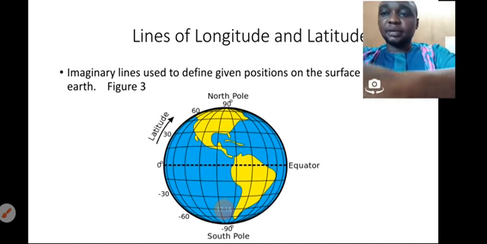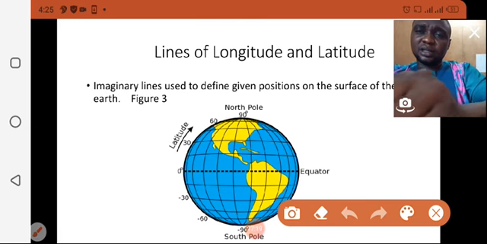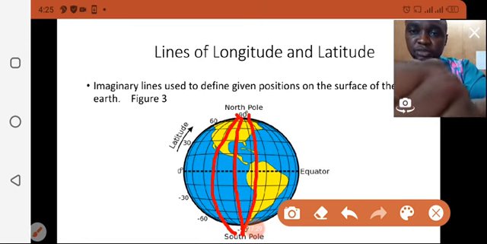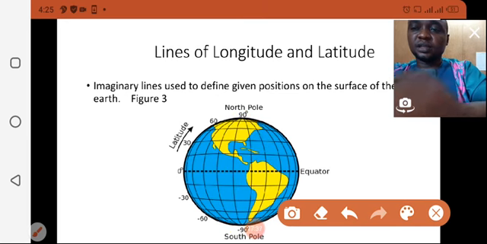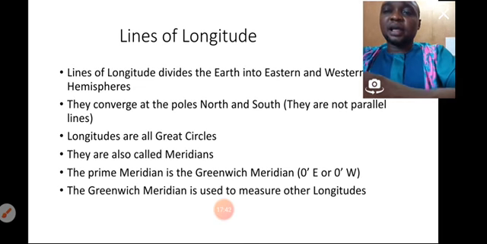I'm adjusting my camera again. Now, look at what I said earlier. All of the longitudes, they seem to converge. They converge, not seem to converge. They converge on the northern and southern hemispheres. If you look at the